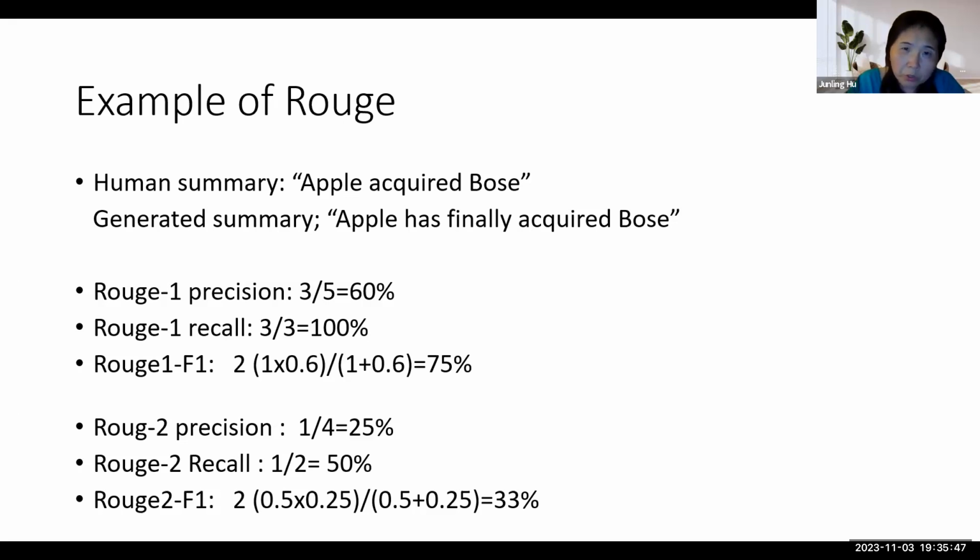Meaning adjacent words. So suppose there are 3 words adjacent to each other that appeared both in the machine summary and the human summary. Then we will have the ROUGE-L of 3. So in our example here, the longest L equals 2, because that's at most a 2-gram that appeared in both documents. Sometimes you have L equal to 2, sometimes you could go up to 3 or 4, depending on how the machine generated the answer. So that is in this paper.